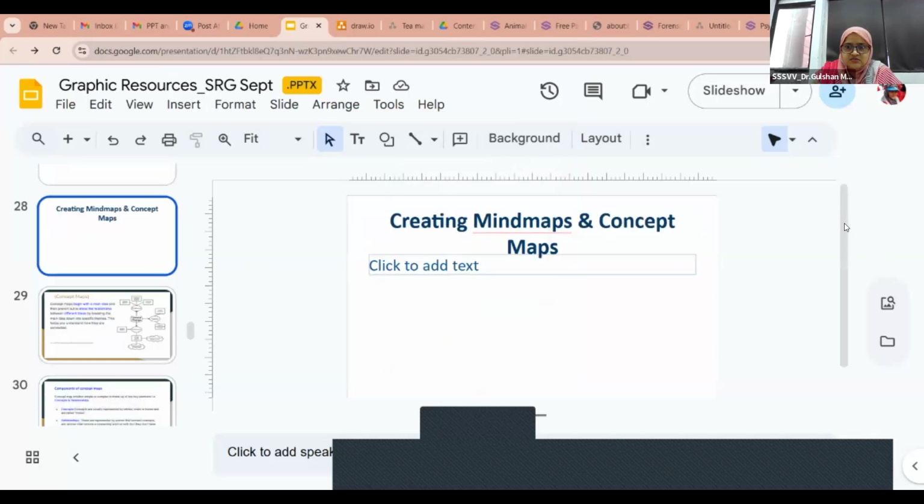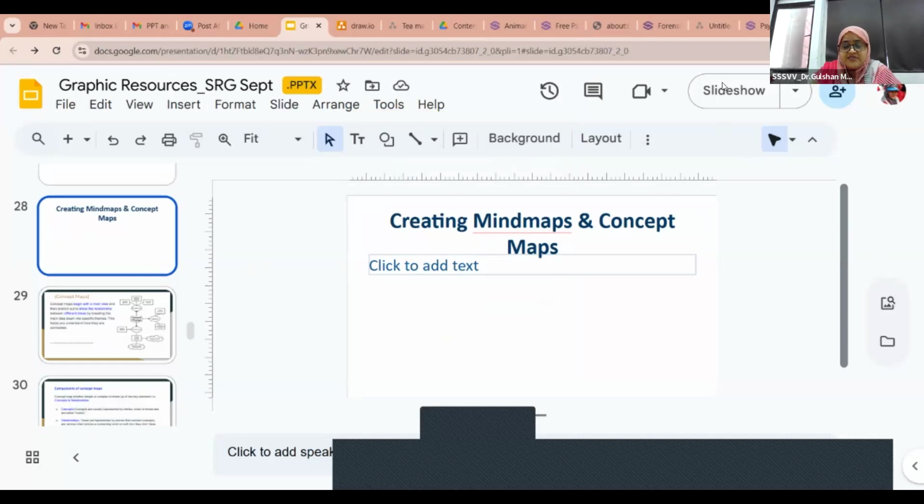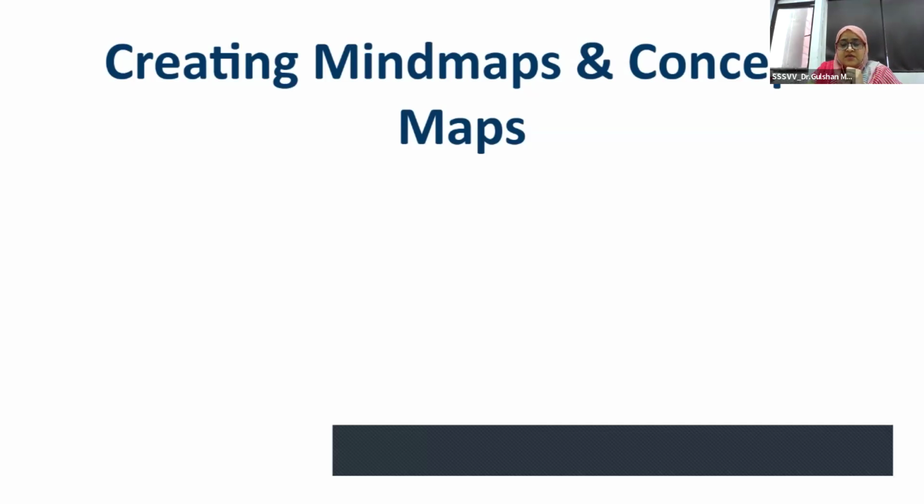As teachers, we many times face difficulty in explaining an abstract concept to our students. Whenever there is an abstract concept, whether in languages, science, mathematics, or any other subject, mind maps help us a lot. We as teachers have to use mind maps for explaining any abstract concept to our class.